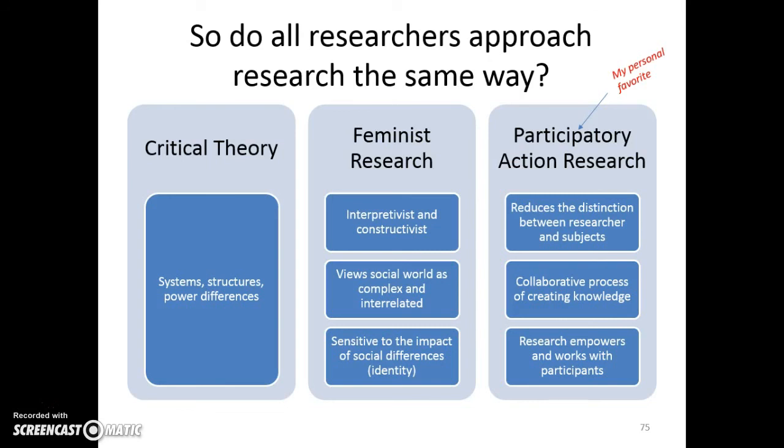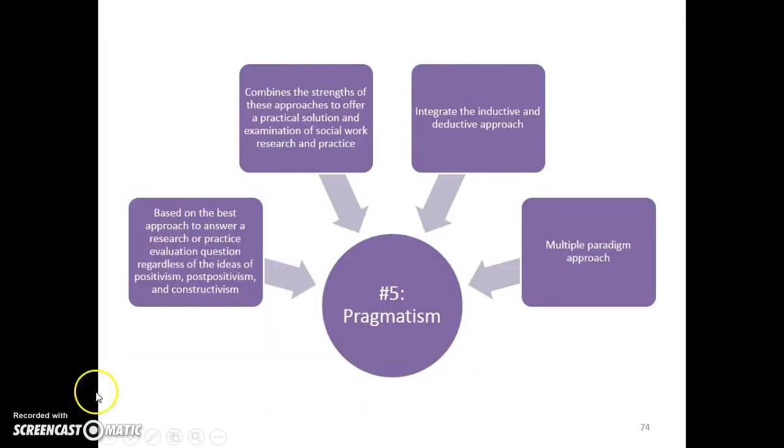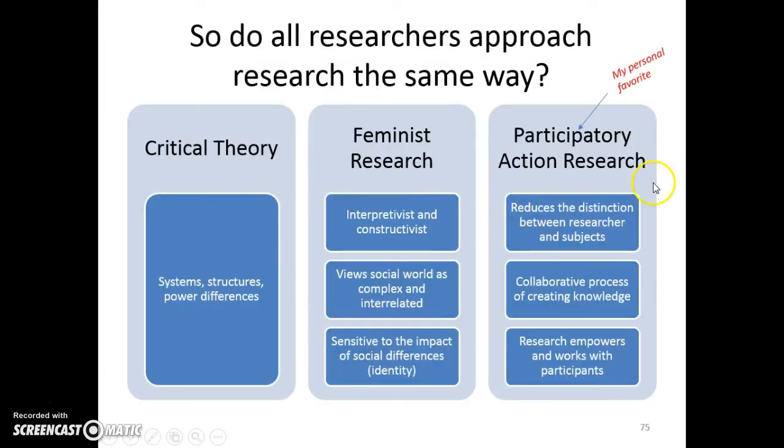Even from the way that you see the world, just the general approach you take is still going to differ. So again, this isn't an exclusive list. It just means that from those paradigms that we looked at, there may be certain ones that connect more to the style you're going to have. And so, for example, the style that I've had in the research that I've worked with is called participatory action research, which is basically saying that we're going to work with the participants to do research with them, not on them, not for them, but they're going to actually be part of the research team and be making those decisions side by side with us.